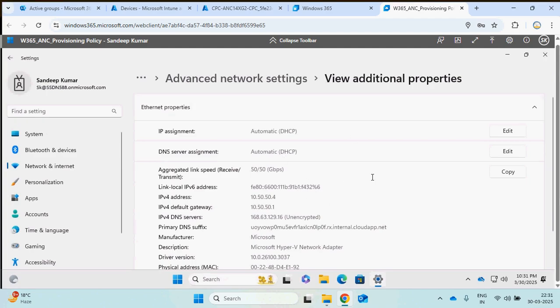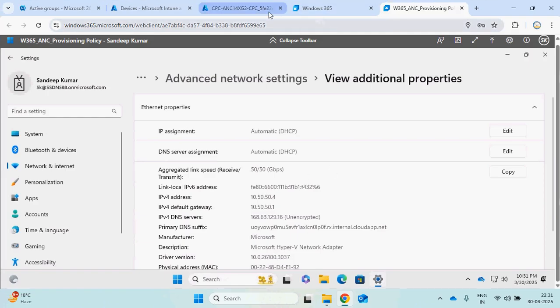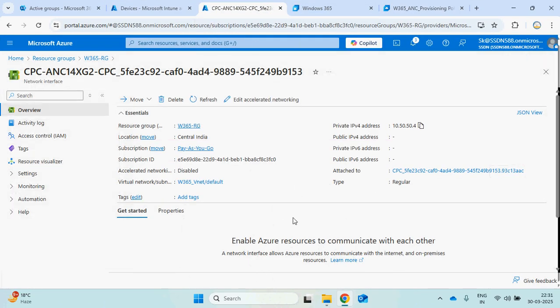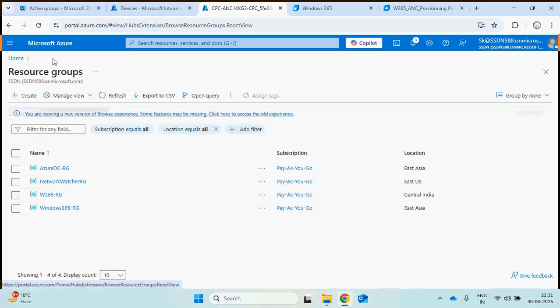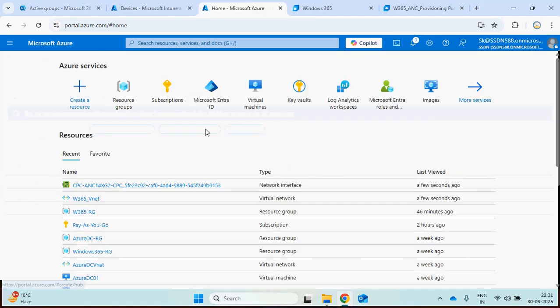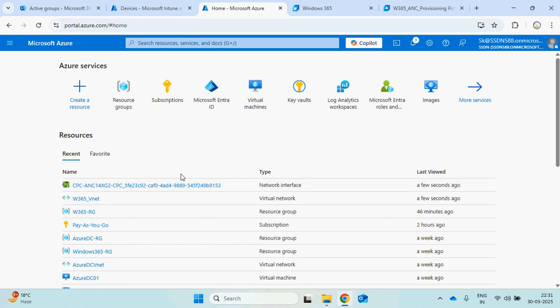So for any cloud PC which gets provisioned here, the network adapter will be mapped inside Azure. So this was the ANC.